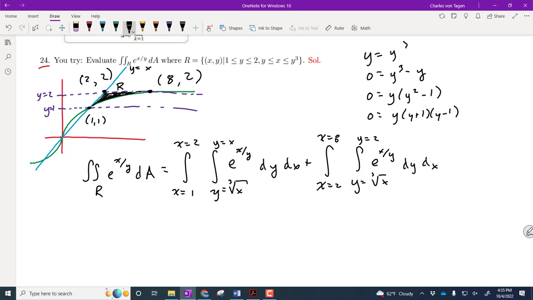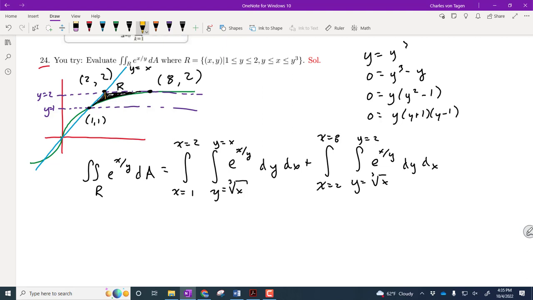So one way you could integrate this, please don't erase your work if this is not what you put, but jot this down. This is one way you could integrate this. Notice I'm integrating this as a type 1 region. Everyone see that? Because if I'm doing it as a type 1, I have to split it right there because the upper and lower functions change as I'm going from left to right. Does everyone see that? So from x equals 1 to x equals 2,